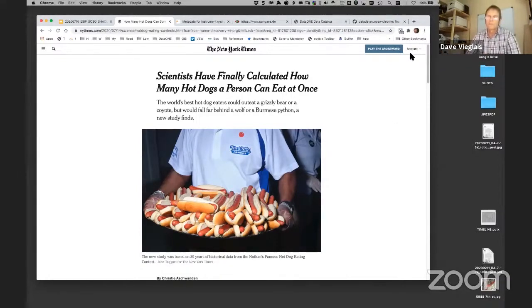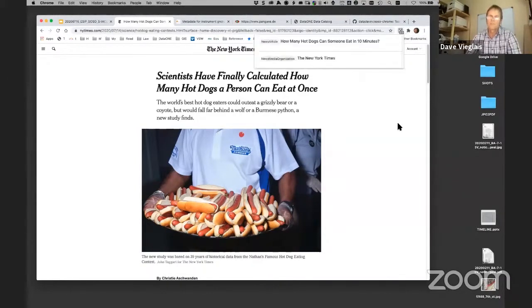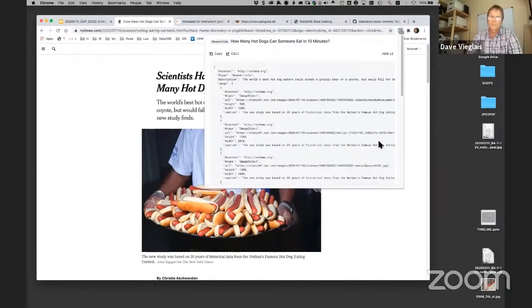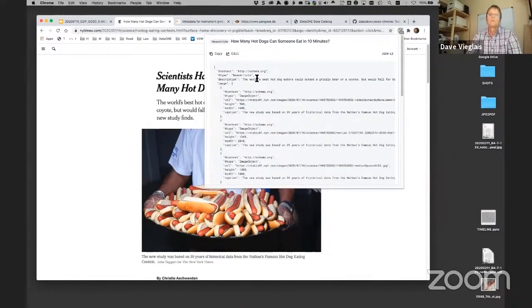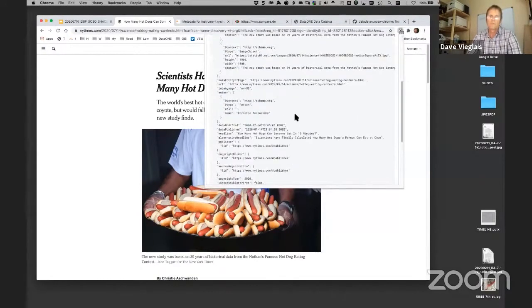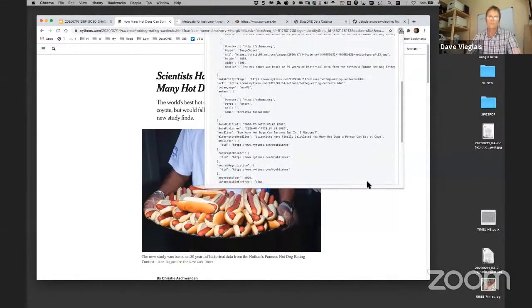Then this Chrome extension, this Tangram Chrome extension, detects the presence of the JSON-LD in the page, and then basically extracts that and lets you do different things with it. So in this case, this is a type of news article with different links and so forth that crawlers can ingest and do something with.